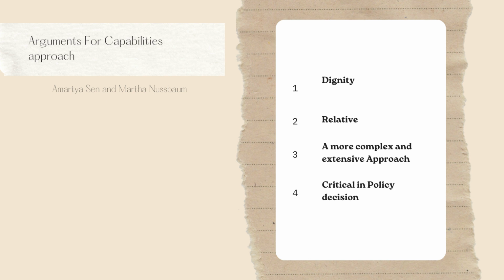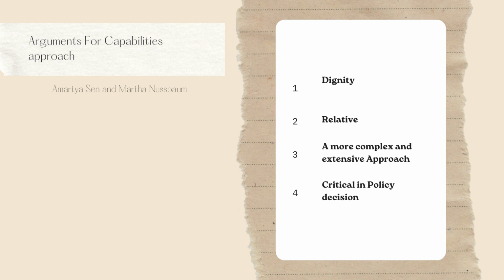As for the arguments for the capabilities approach, with the capabilities approach, there is a focus on the freedom of an individual to choose over only the achievement of well-being. This highlights the importance the approach gives to dignity. This aligns with the belief that poverty is also a lack of dignity and its corresponding social exclusions that leads to inequality of opportunities in society, which is why a focus on dignity is essential. As Nussbaum states, it will support agency rather than infantilizing individuals and treating them as passive receivers of aid, thus preserving their dignity and right to a choice.